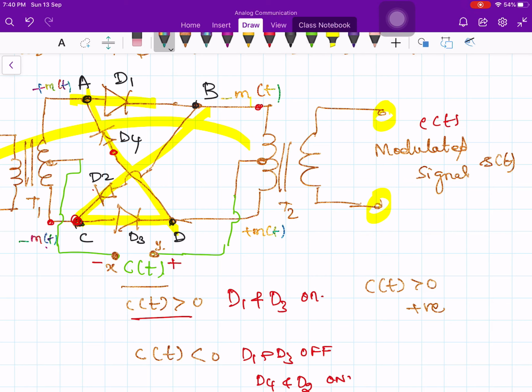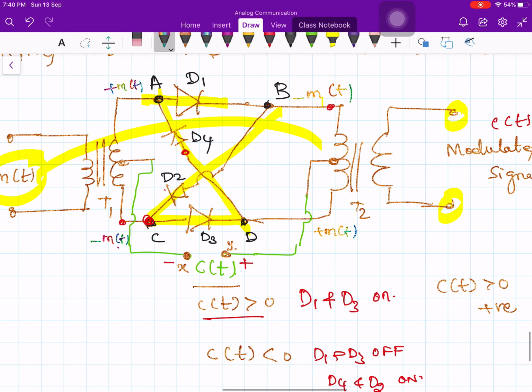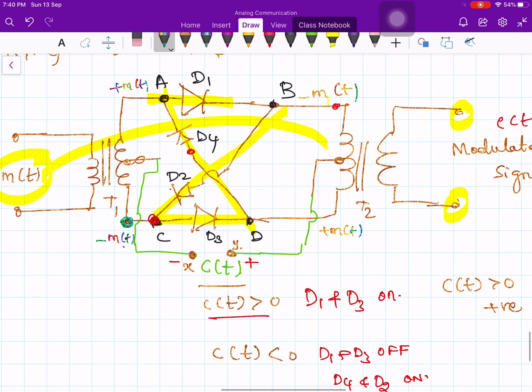Okay, remember that we are assuming for this discussion that the center tapped transformer is short circuited between this point and this point and this point. So more or less we are assuming that this point is directly connected to this point. Also we assumed that the impedance offered by these diodes D1, D2, D3 are all very, very small when forward biased. When these diodes are conducting, basically what you are going to get is the following.